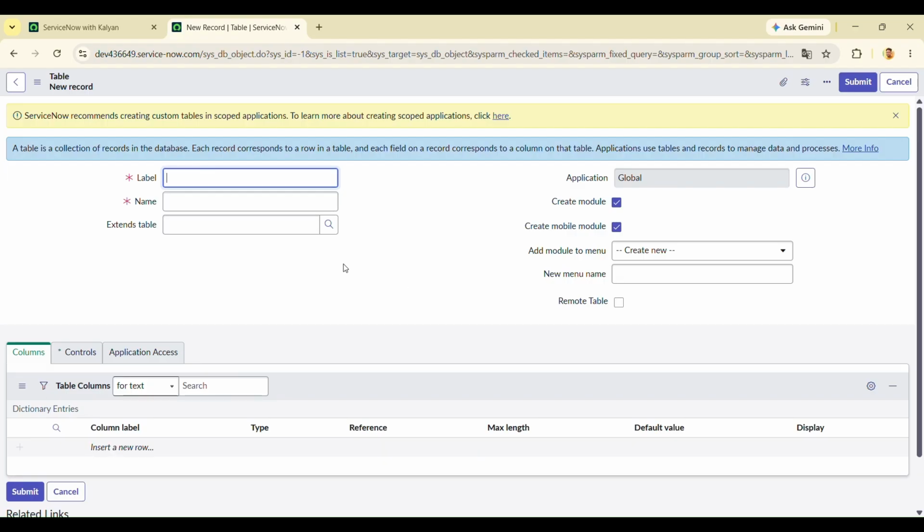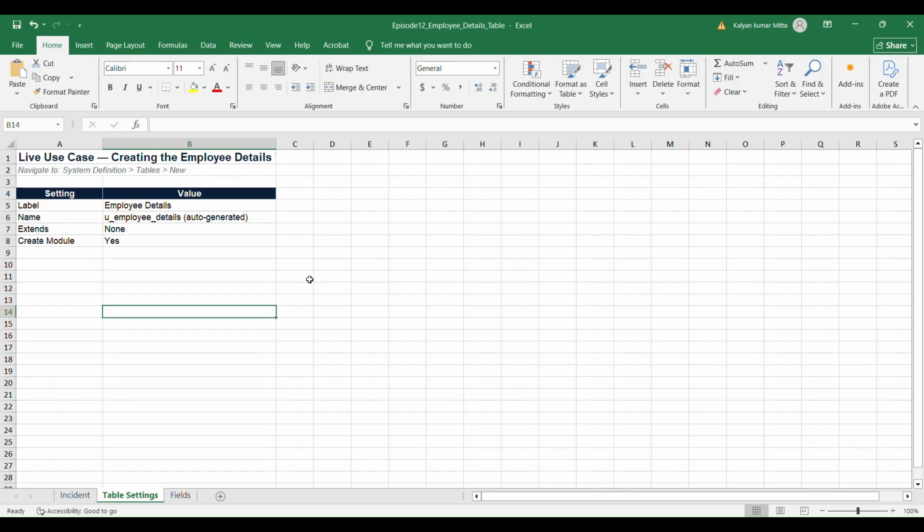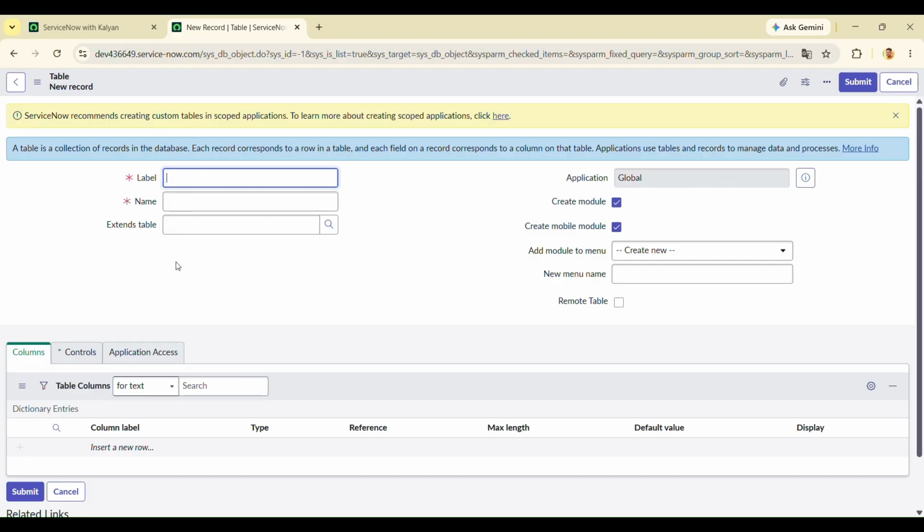Here there are some mandatory fields. It is asking for label and name. So let's go back to our Excel and take the label. What is the label? That is employee details. So I'm just copying it and pasting. Once you enter the label and remove your cursor from this field, automatically the name will get